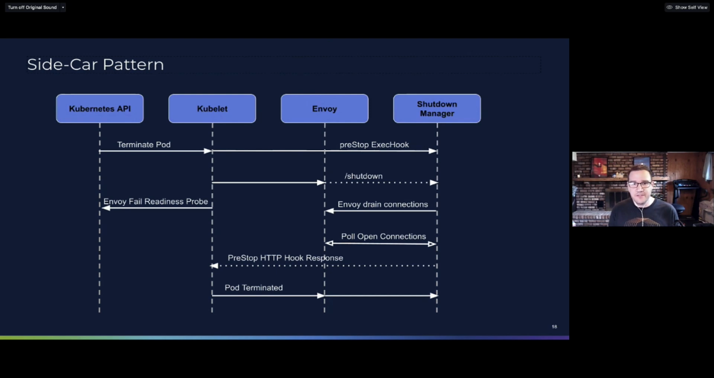So this pre-stop hook as well as the shutdown is going to block while the shutdown manager polls Envoy for open connections. Envoy exposes a Prometheus endpoint, and we can hit that endpoint and see how many open connections there are at any given time. So basically, the shutdown manager will wait. It'll poll at a certain interval and wait for the connections to hit 0. Once it hits 0 or it finds the right time, then it will respond back to this pre-stop hook up here,